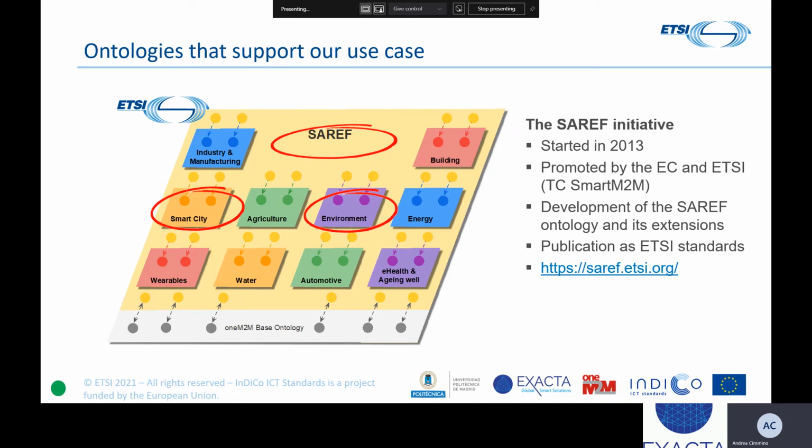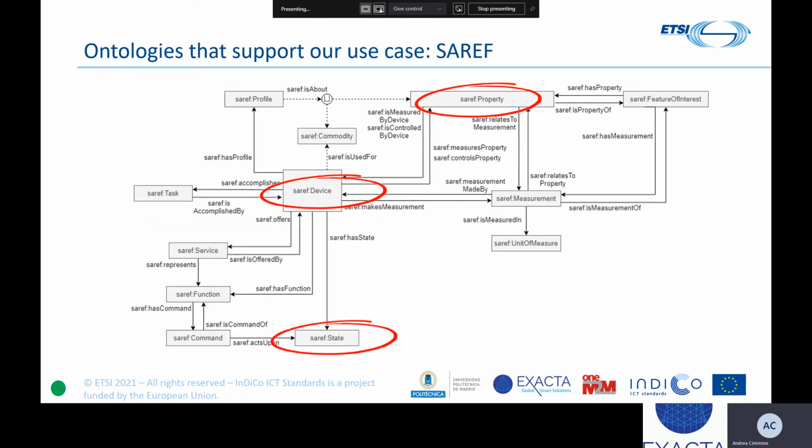Now that we know we want to use these ontologies, we need to go, in this case, I picked the diagram, but the correct movement would be to go to the portal and see the model they report. So here you have a capture of the core SAREF ontology. And here what we need to do is to check which entities are expressed already in the ontologies, and which of them we will need to use in our data,